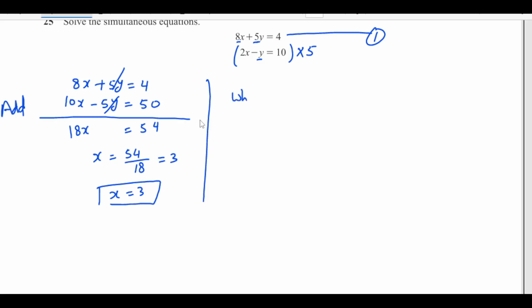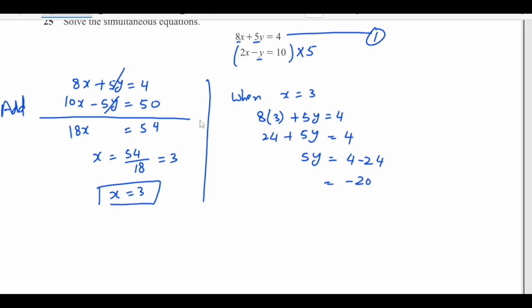When x is 3, what will our y be? In equation 1, 8 times x, which is 3, plus 5y equals 4. So 5y equals 4 minus 24. I am showing you the step by step solution, because this is a non-calculator paper and you have to do all the calculations on your own. That's how I am telling you to do it step by step, so that you avoid any unnecessary mistakes. So y is negative 4. So the value of x is 3 and y is negative 4,